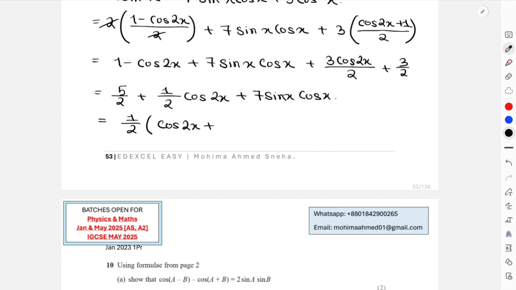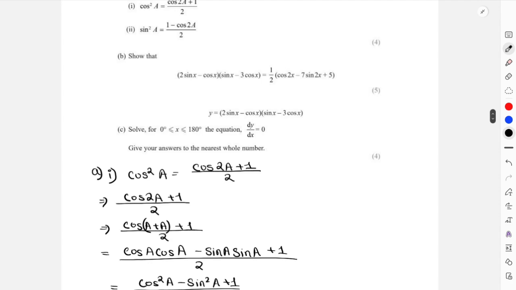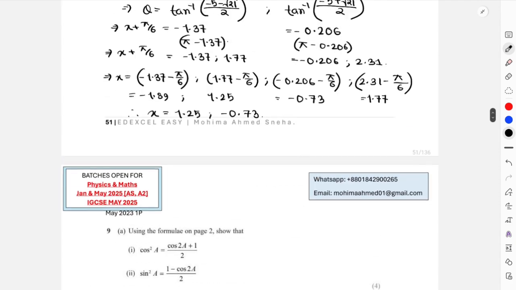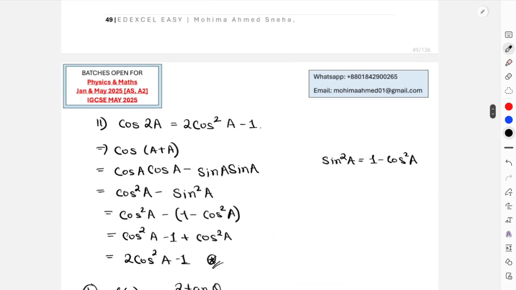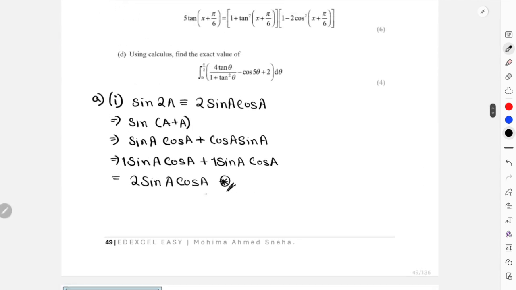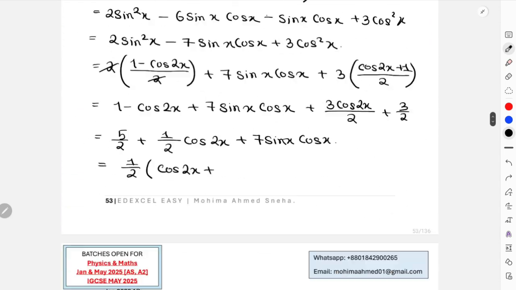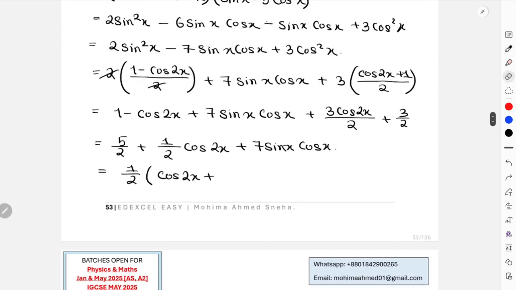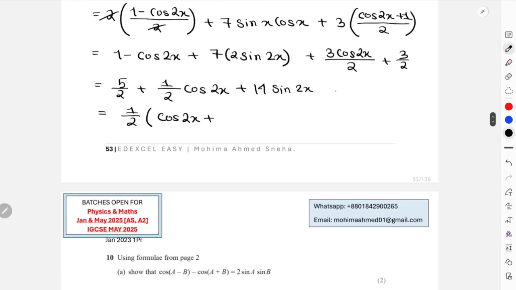Yeah, this can be written as, wait, one minute. I think for part A we did some working. No, not for this question. I think for the previous question we did some working that cos x sin x can be written as sin 2a over 2. This one also was in the next question. I'm going to introduce this over here in this part of the equation, 7 times sin 2x over 2. Now this is going to be 14 sin 2x, which is eventually going to be what? 14 divided by 2 will eventually be 7. So 7 sin 2x